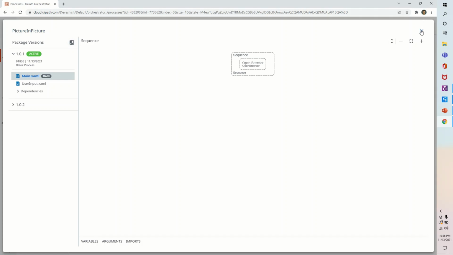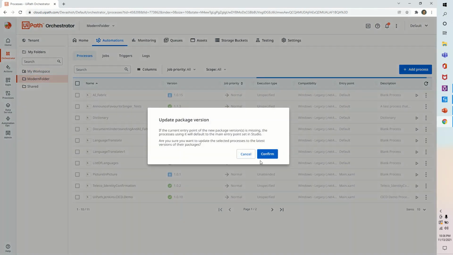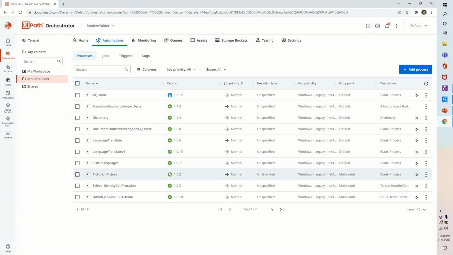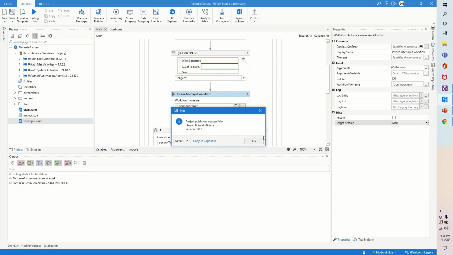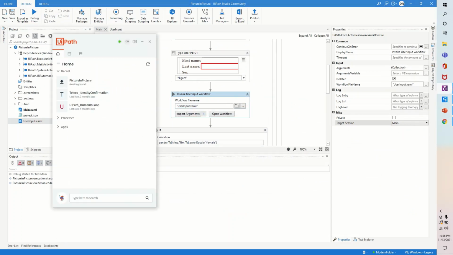or you can upgrade to the latest version. I'll say confirm, and you can see it's 1.02 which has been there. And let me go to the assistant now, awaiting install. I'll click on install.